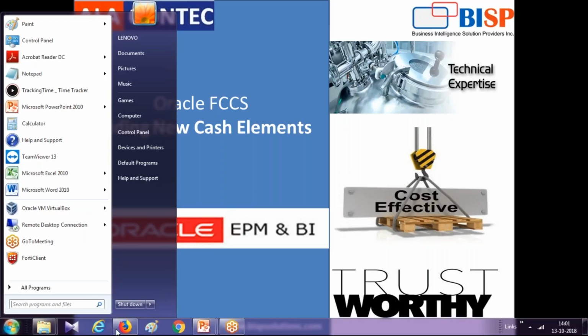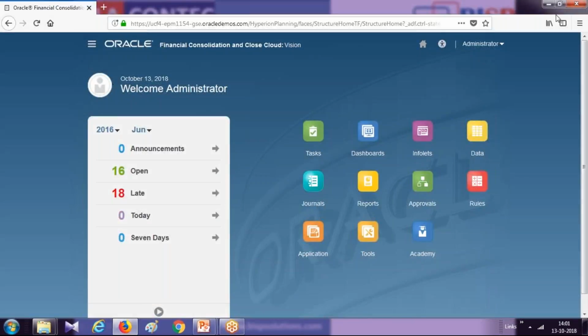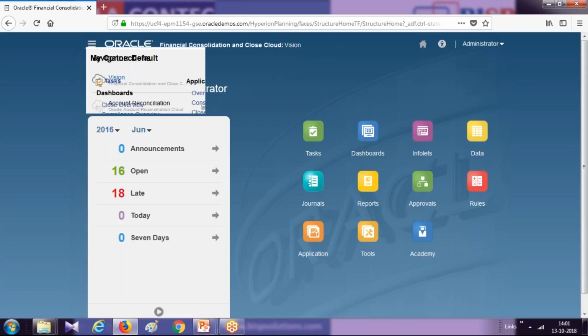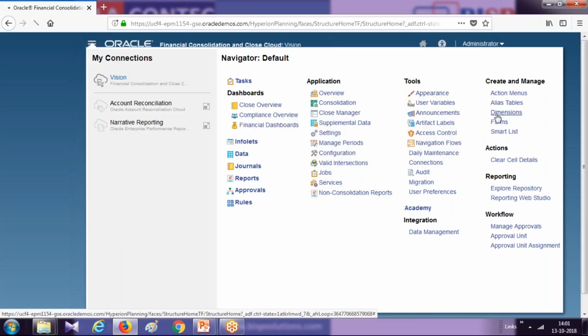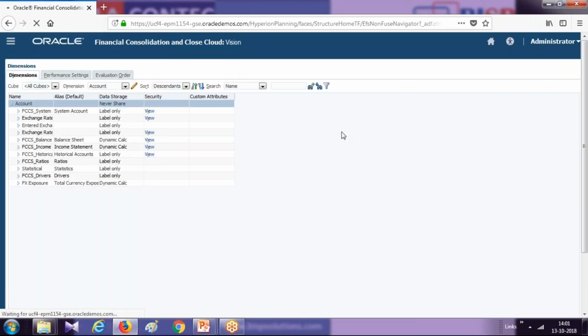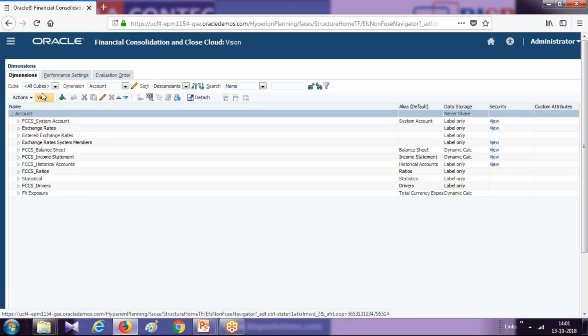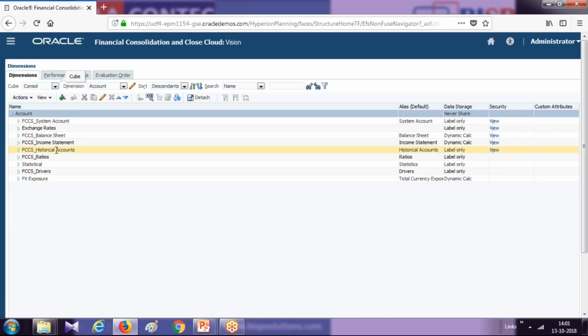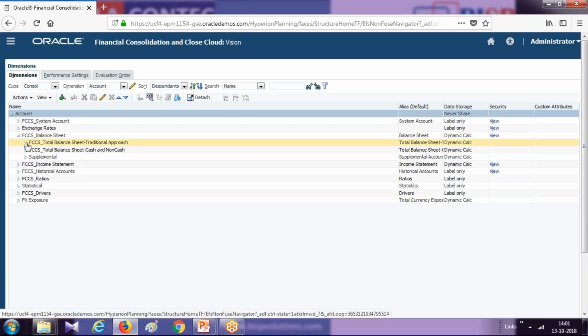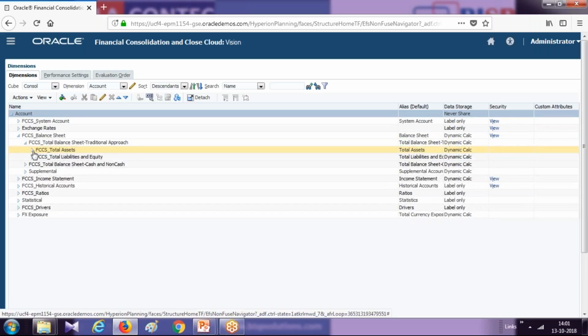So step 1, you log into your cloud instance where your account should be added. I'll show you the hierarchy first. You can go to Navigator, Dimension. In case you need to add one or two members, you can add a member from the dimension simplified editor. However, in case you need to load multiple members and you want to schedule this activity, you can create a job for the same. Anyways, your cash element will appear under the balance sheet, traditional balance sheet approach, your total assets, current